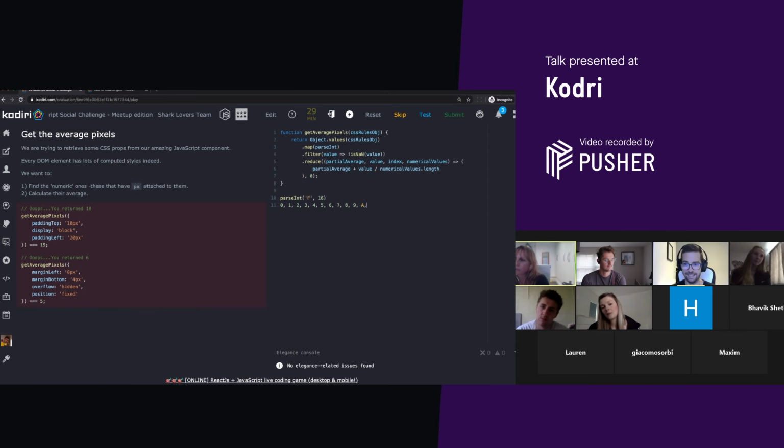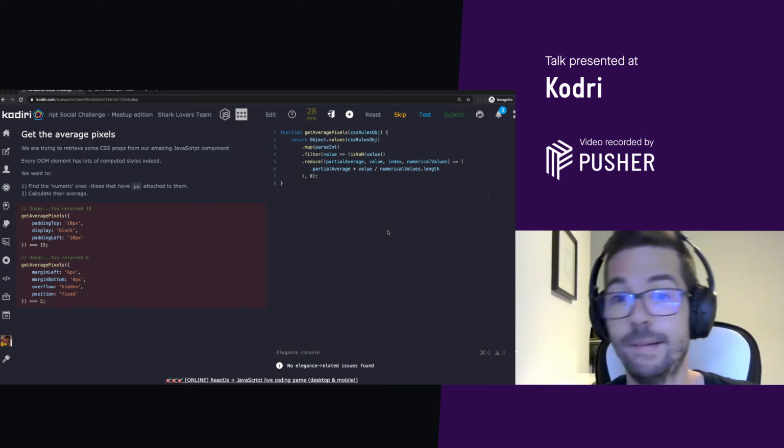If you remember CSS, background color A, B, B, C, C. That's hexadecimal, right? A, B, C, D, E, F. So in reality, F is the last one, so that's the 15. 0, 1, 2, 3, up to 9, 10, 11, 12, 13, 14, and then eventually 15. So that's the reason why, and that's actually a really good point. We cannot use parseInt that easily in this exercise.